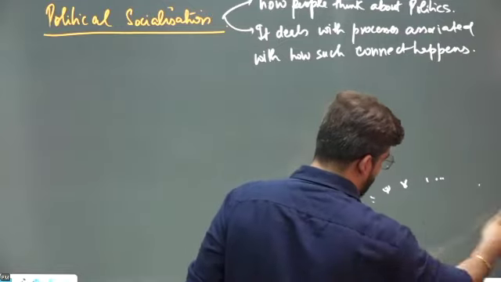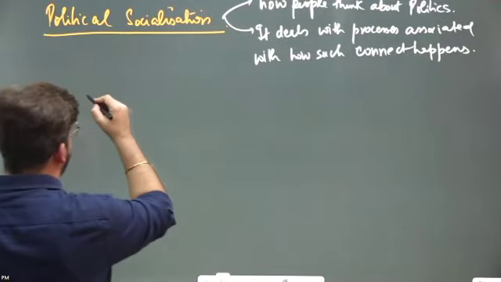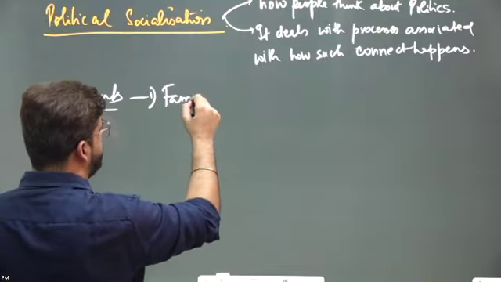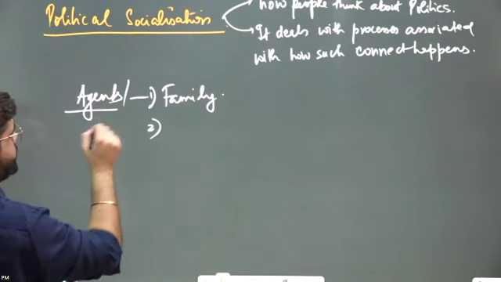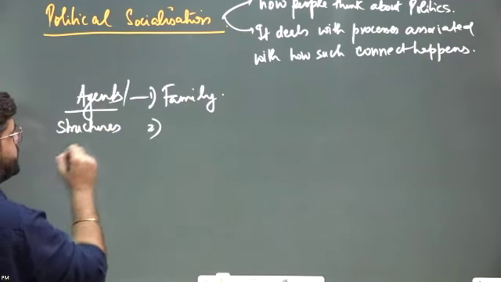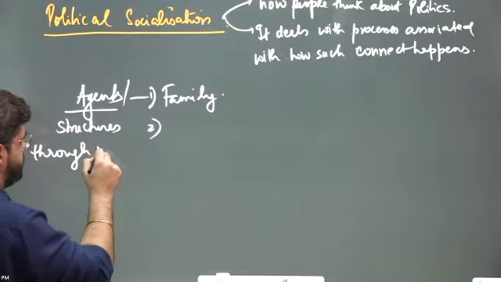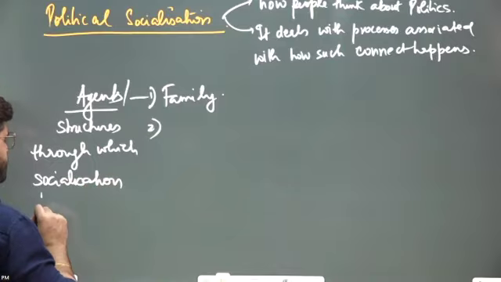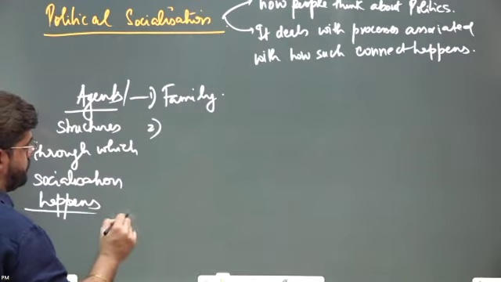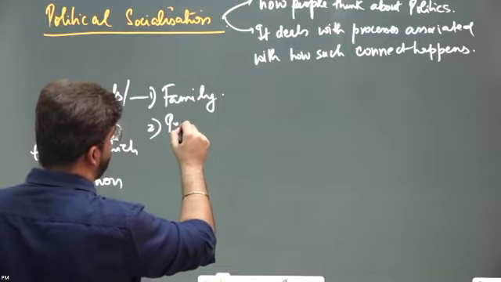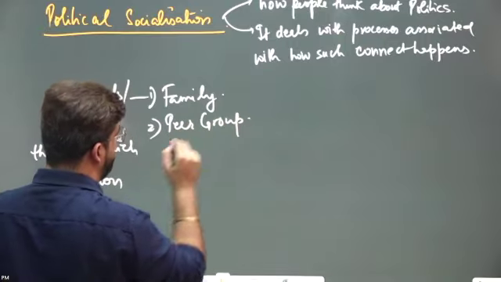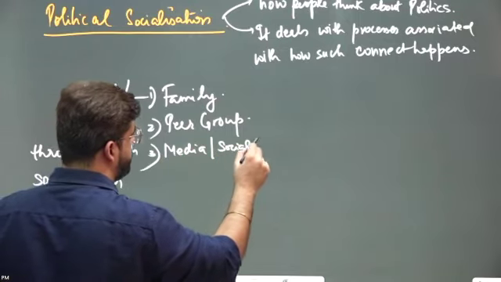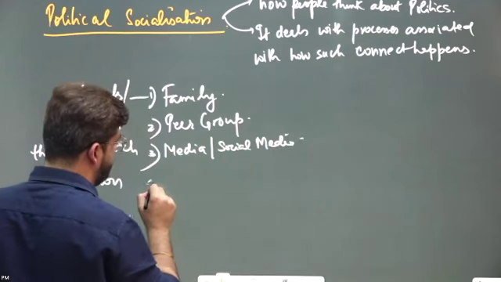Okay. Now, after this, you should also remember the agents. So one or two examples, that's it. So agent, family, agent or structures through which socialization happens. Family, peer group. Then we talked about media, social media. Okay. Then we talked about